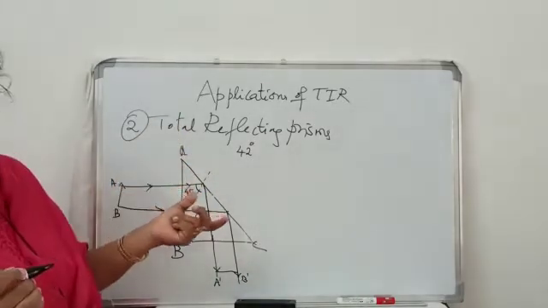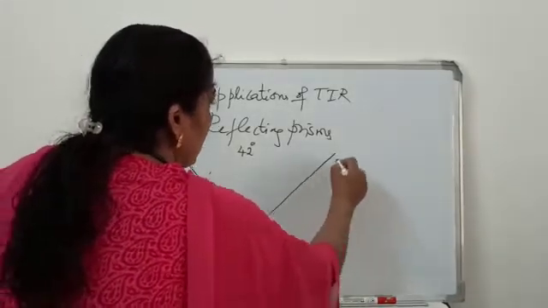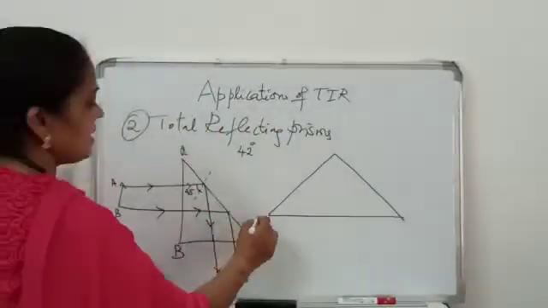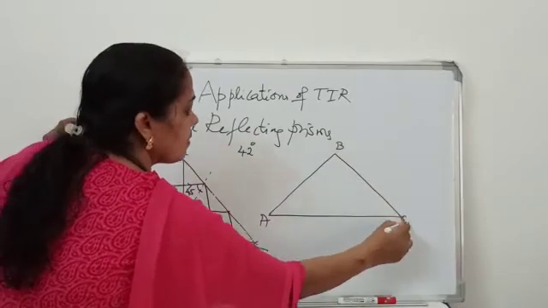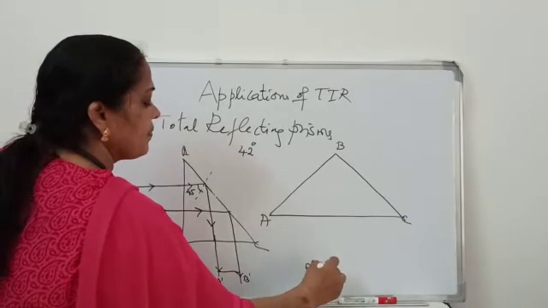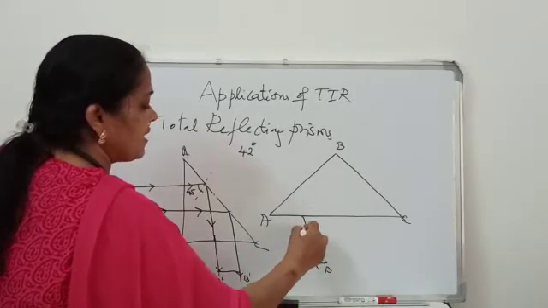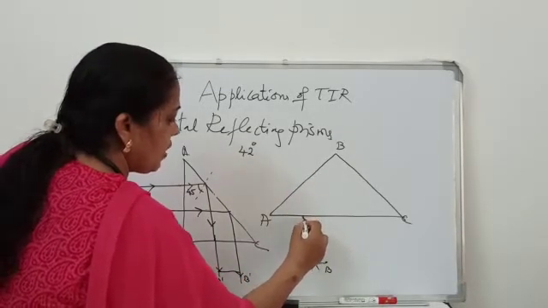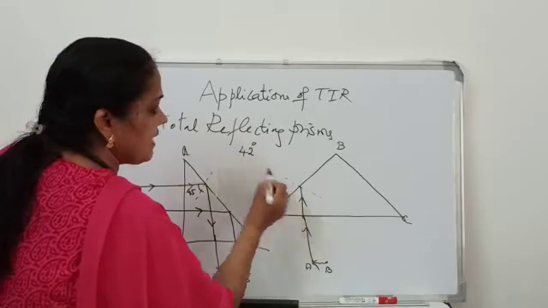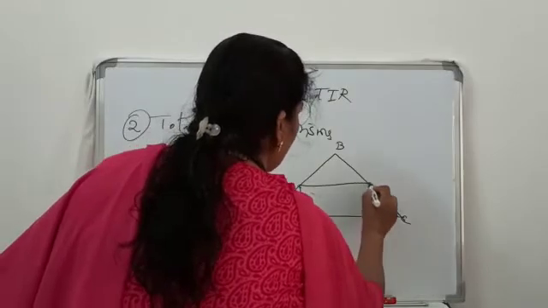Now let us see another figure where the reflected light is turned through 180. This is again a totally reflecting prism. So here, again for the same reason, I have an object over here. I'll mark it as AB. A ray of light from A, normal to the surface, goes straight without any deviation. And here it is incident at an angle. This is the denser, rarer interface. So it gets totally reflected and it goes like this.